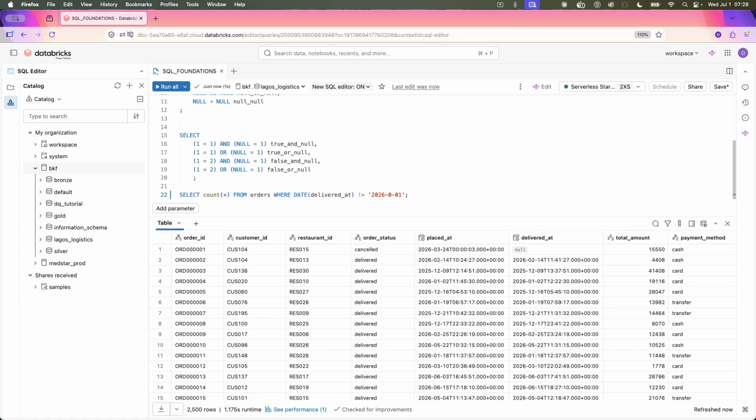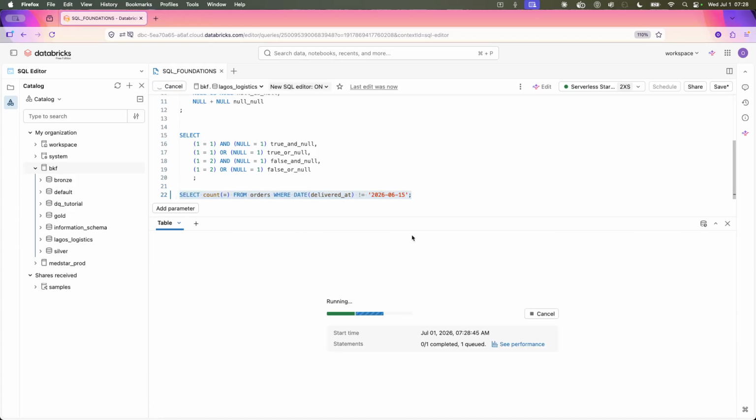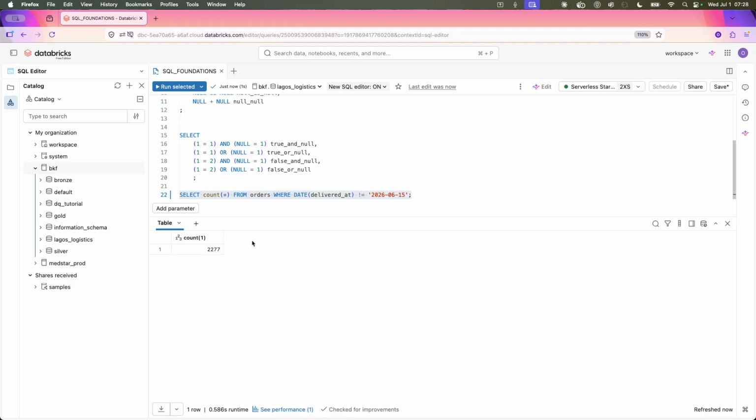I prefer that one. If we run this, we'll get 2277, right? This looks right, and intuitively you might want to go for that, but this query does not factor in